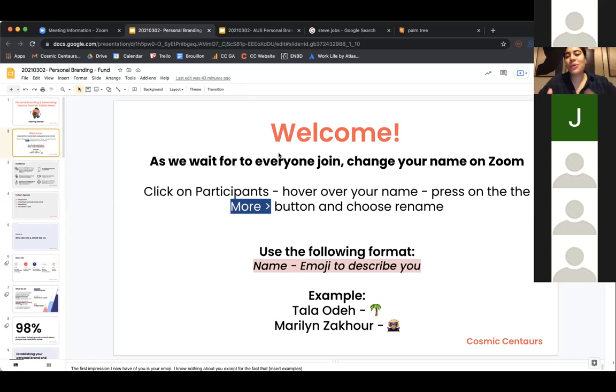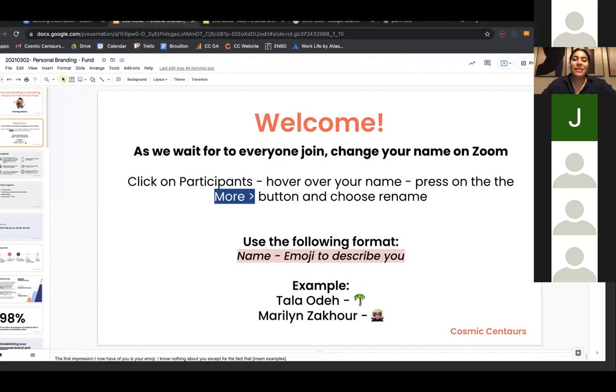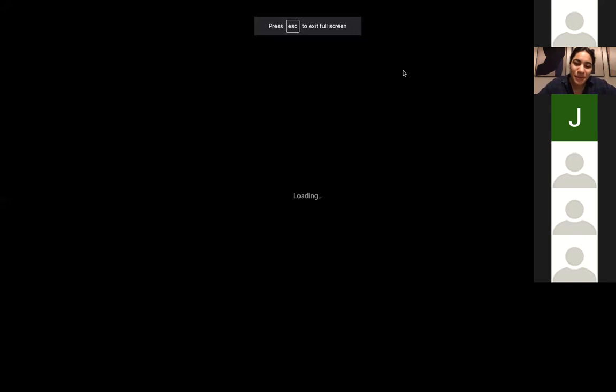For those of you who are just joining us, it's a fun little exercise that we're adding to our names because today's session is about personal branding. And it appears in many ways. One of the ways is to see which emoji you would use to represent yourself. So Jana has a turtle. I don't know if it's Ala or Ala, but you have a cup of coffee. Nicole has a lady with her hand up. That's really nice. Oh, we have a panda. Lara, I love the panda, and a butterfly. This is great. This is awesome. Thank you so much for sharing that with us. And we'll come back to you guys for a collection of our emojis for sure.